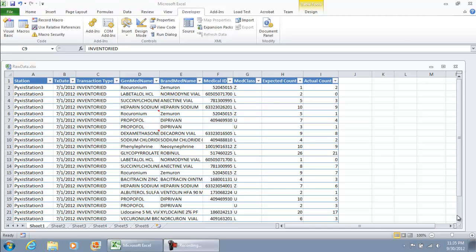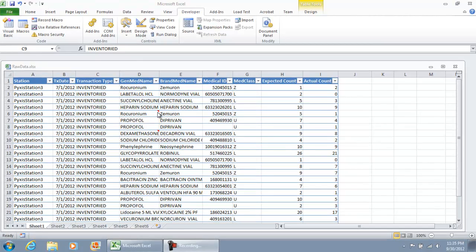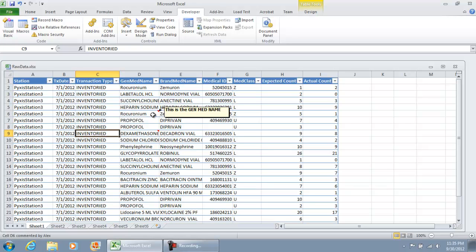Hi everybody. In today's video I'll be using Microsoft Excel 2010 to do a little bit of work with showing comments to a user in a little balloon, such as the one that's on the screen right now. This is a generic name. But what I'm going to be showing in this video is how to do this to where if the user